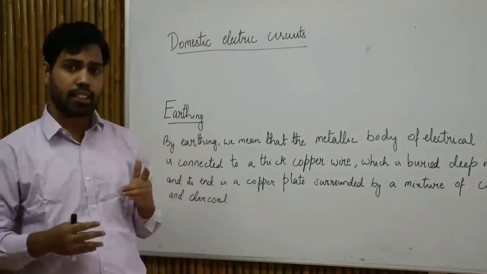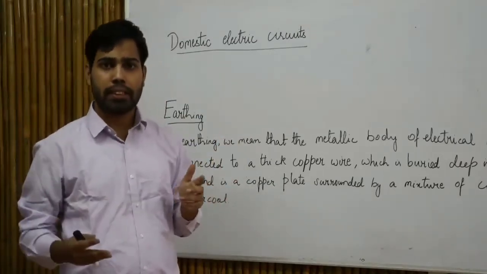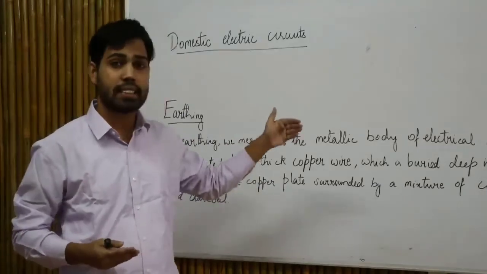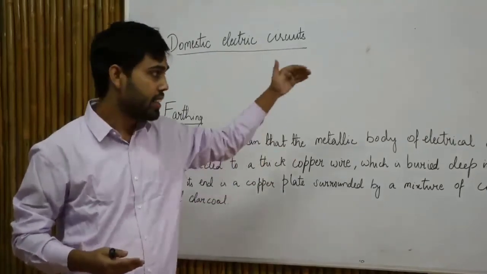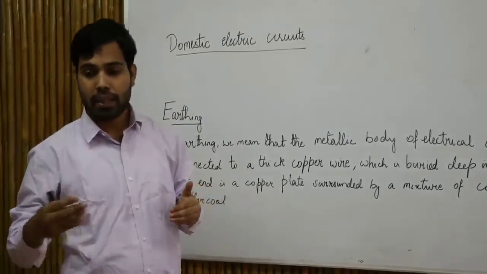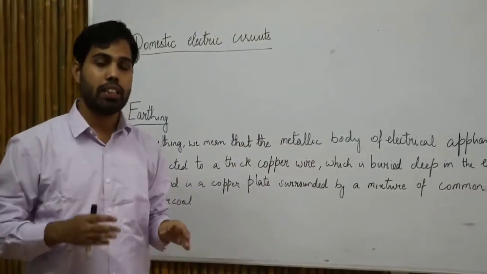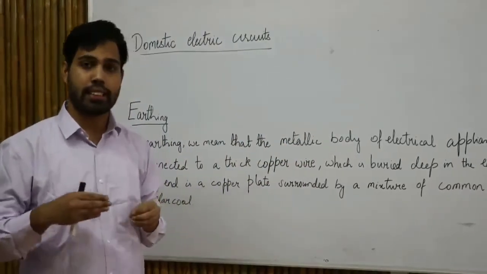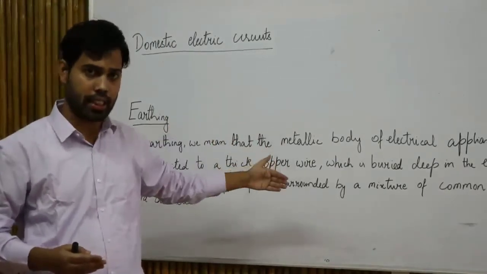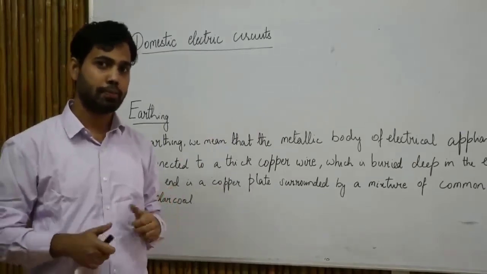Now we have already learned about the concept of a fuse. A fuse will break when the temperature of the circuit increases up to a certain extent. So in this case also, as the temperature of the circuit increases due to this earthing, the fuse will break, and the person who is touching this appliance with their bare hand will not get this electric shock. So again we have two terms here: overloading and short circuiting, and these terms we have already discussed in the previous chapter of electric current.